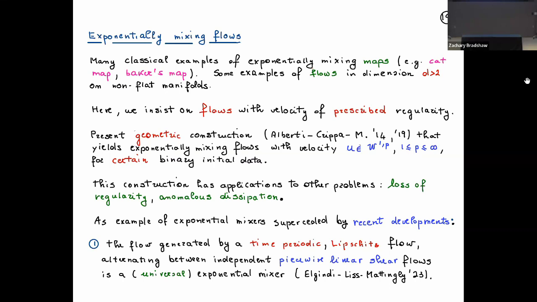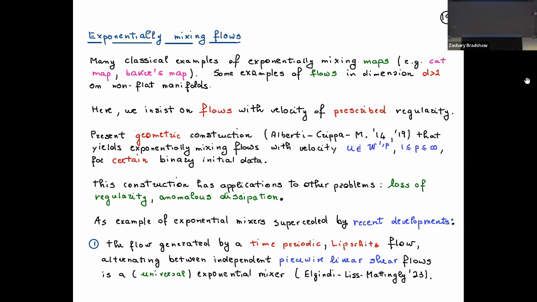I said that this has been superseded by a recent example. There were also different but related constructions at the same time as ours. I will mention those in the next slide. But recently there has really been a flurry of activity. The latest one is by Elgindi and Liss, and it's literally from two weeks ago on arXiv. I still have to really digest the results, so I hope I don't butcher it.